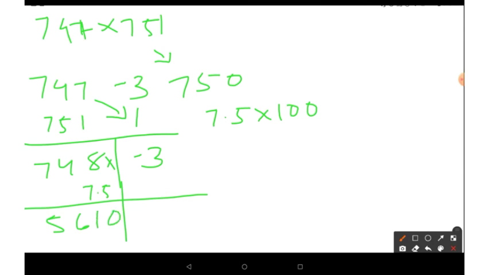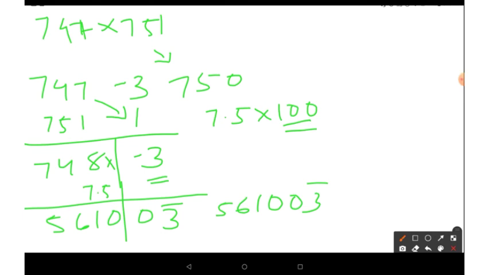Okay, so now here you have to take care of the number of digits. Here we have only one digit, but this 100 has 2 zeros. So you have to add a 0 there. So it is 03, it is negative 3. So it is 03 bar. So what is the resultant number? The resultant number is 561003 with a bar.